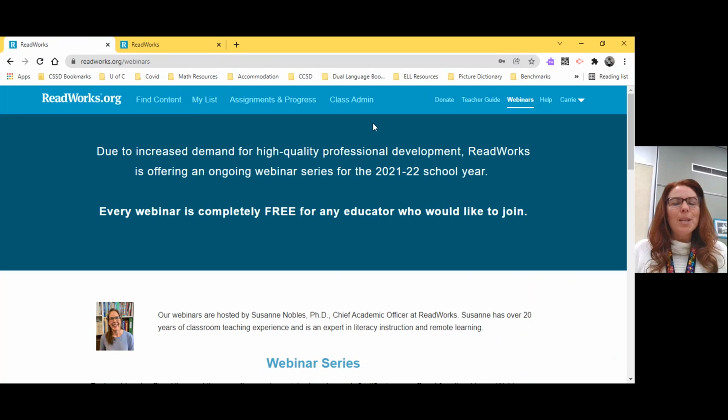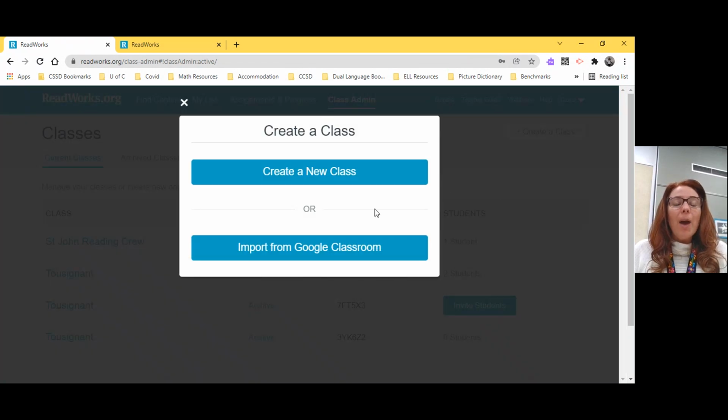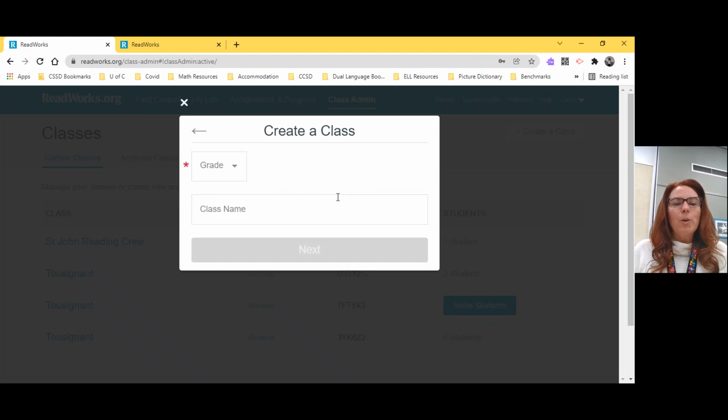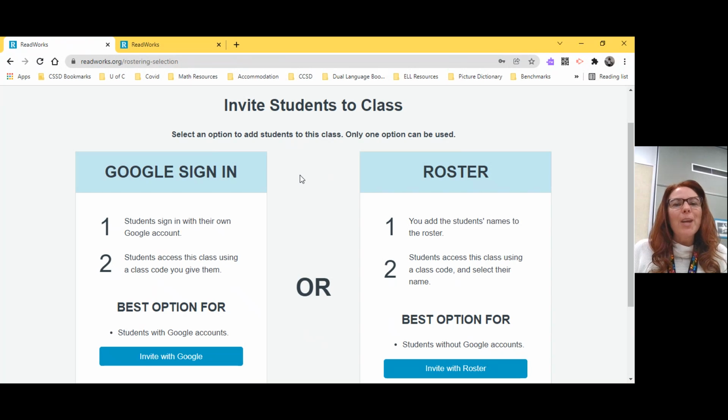The first thing that you're going to want to do is set up a class, or if you're just setting up ReadWorks for a couple of students, and you'll start by clicking Class Admin. And once you get there, you'll click on Create a Class. Now, if you have a Google Classroom, you can import names from your Google Classroom, or you can create a new class. So I'm just going to put Grade 8, Tusenyo,